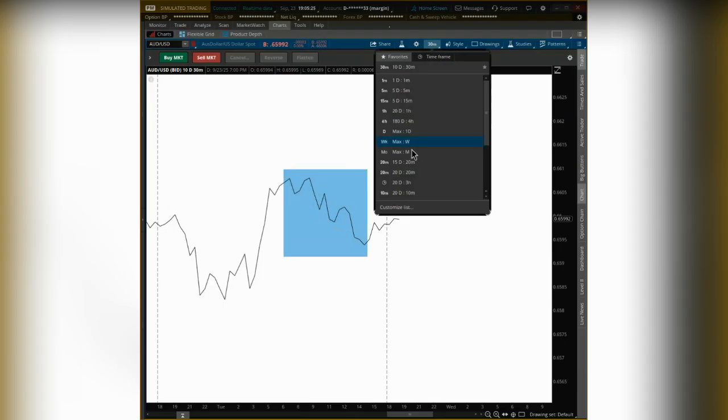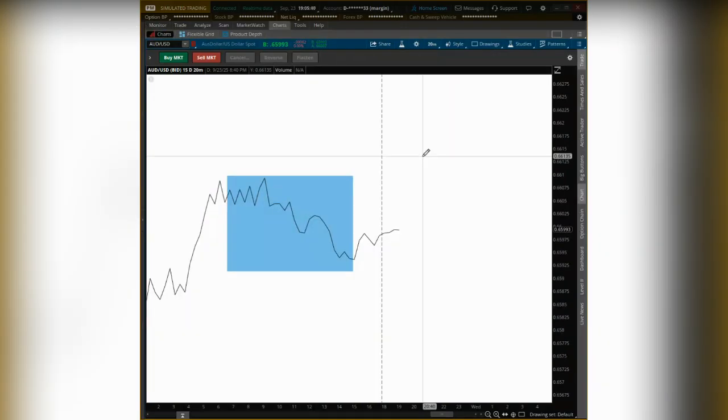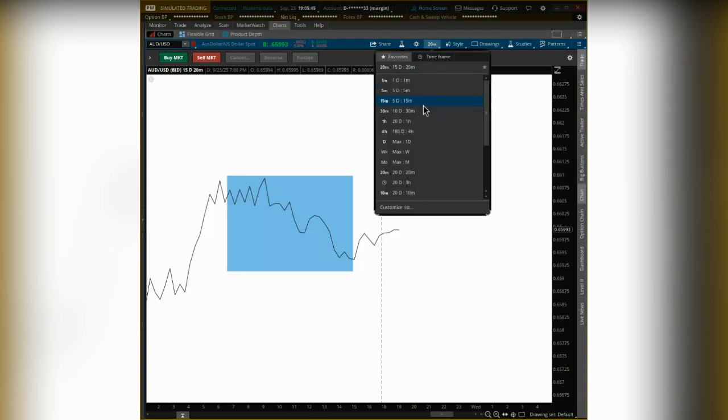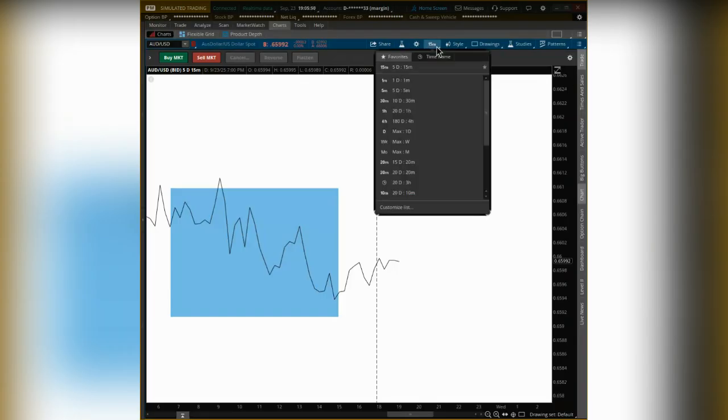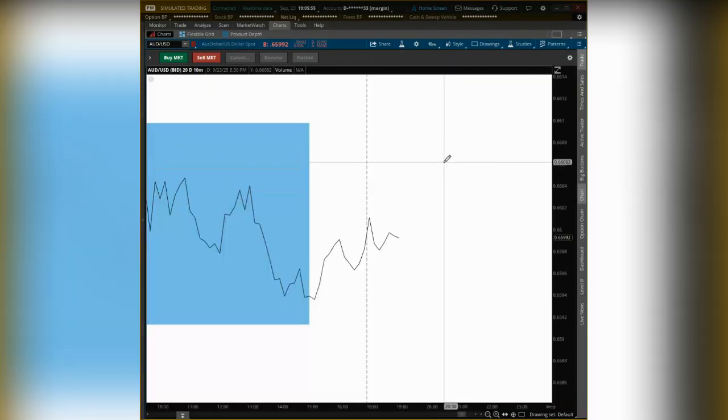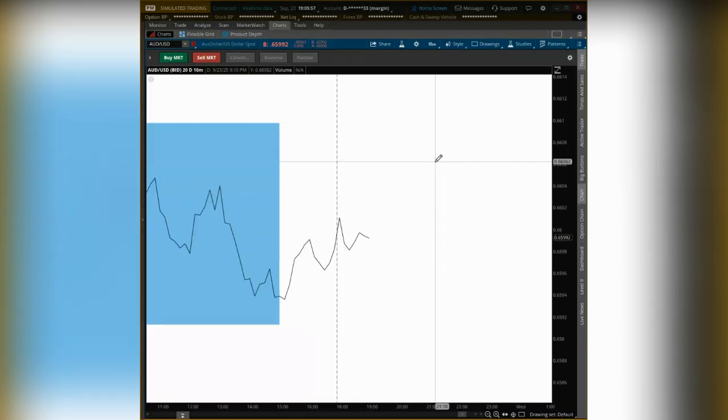Now, if we go down a bit, we got a little bounce. Actually, you can play that. You can go along here, put a stop down here, and ride that one up 30. That's about the best one there so far. And you go through the 15-minute time frame. Don't have too much there. And we go through the 10-minute time frame. Not too much there. They don't really appear all that much. You have to wait.